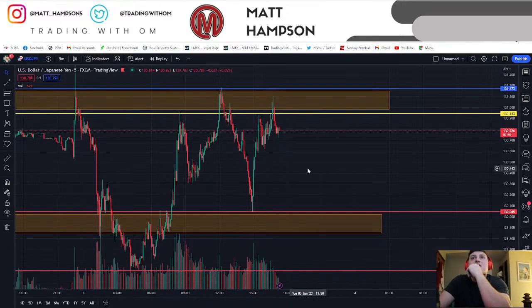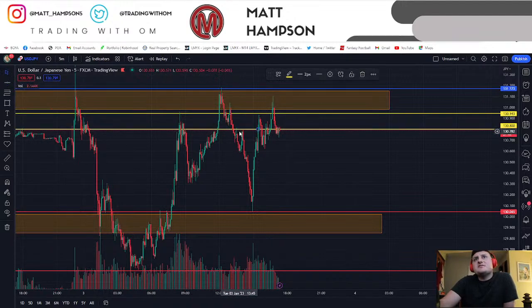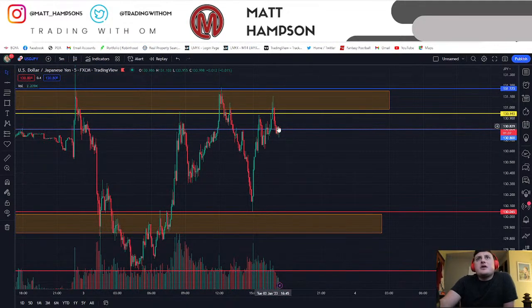Let's take a look here. I don't typically like to enter in the middle range right here. The middle range is where you're going to get into trouble. We do have a range 2 over here, kind of a resistance point right here, and we're going to change the color of that. We're hovering at another resistance or support line right here. I'd like to see a closure below this before we enter the trade, and then we should look to fill